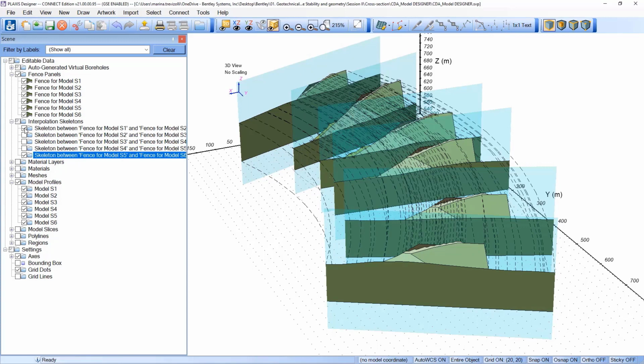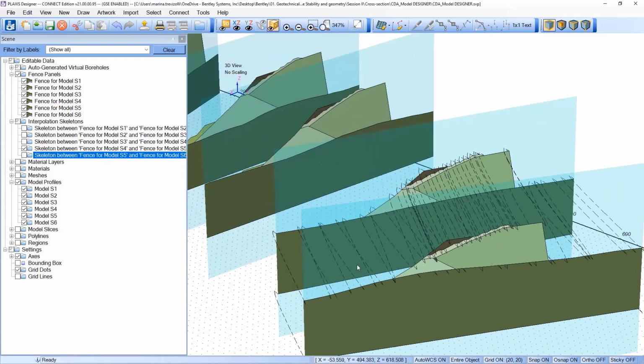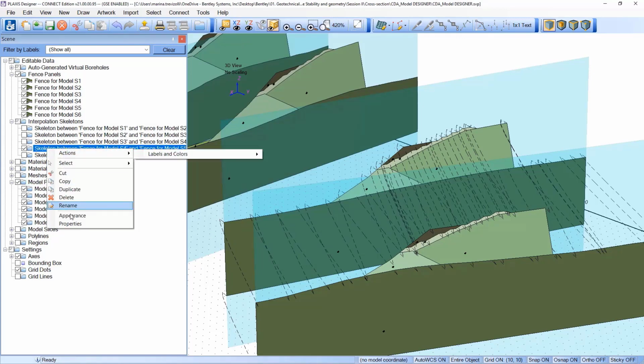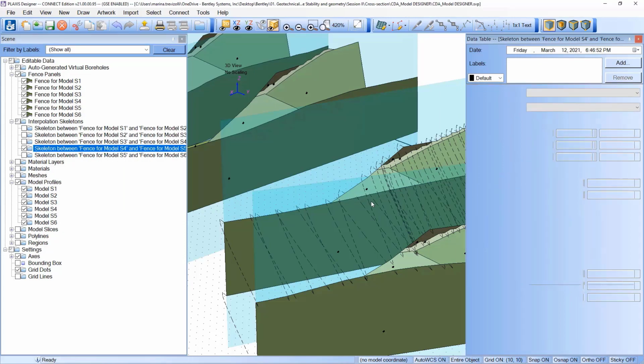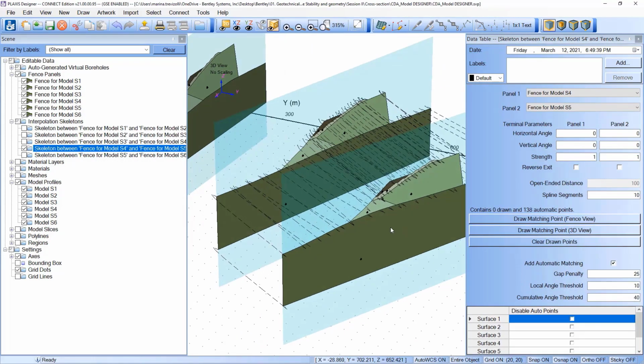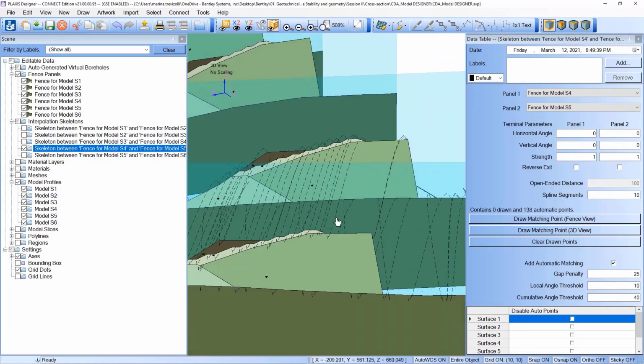So let me select this one, okay, and we'll see how it works. Well, if I right-click properties, you see that all these properties that we have here, they are used to adjust the interpolation, okay? So, for example, here,